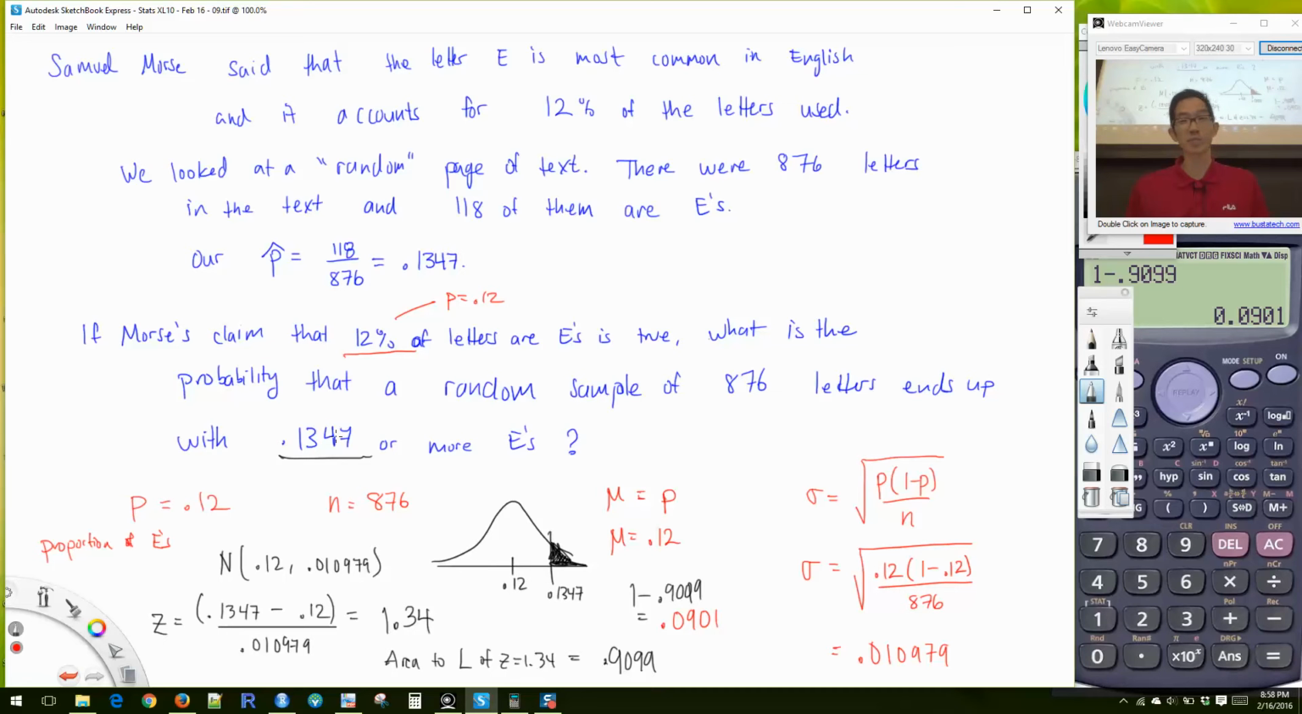Is this satisfactory? Yes, question. Can you just repeat the very last part? From 0.9099? Or from my z-score? The 0.0901, yes. What that number represents is the answer to our question. Our question was